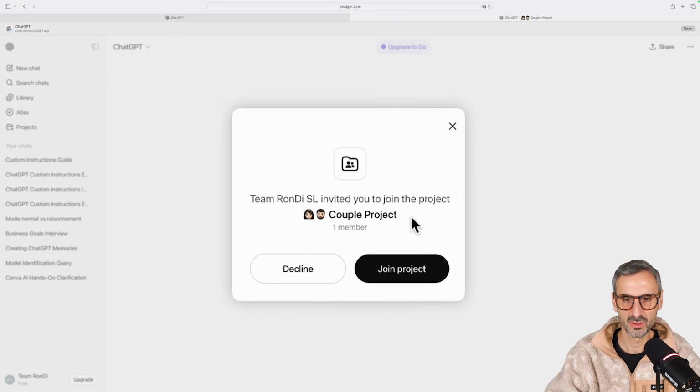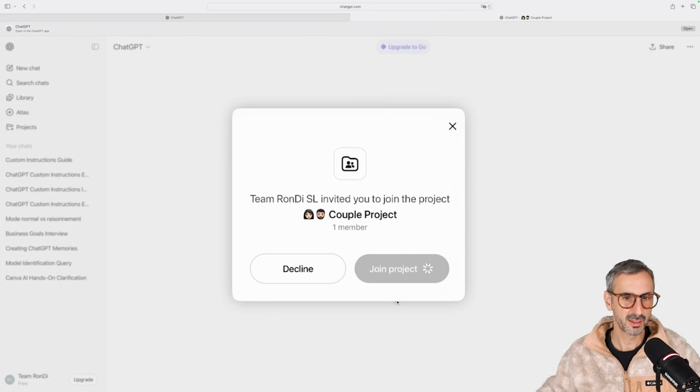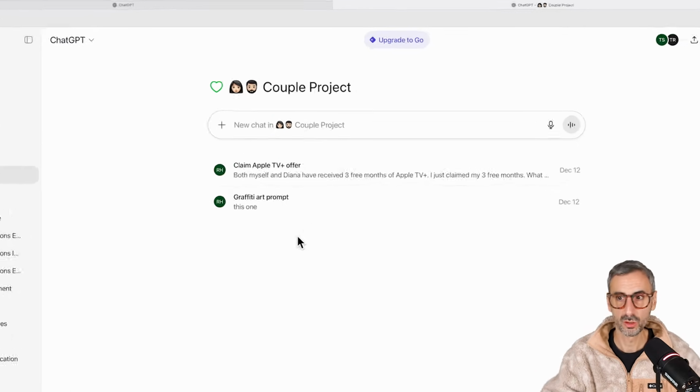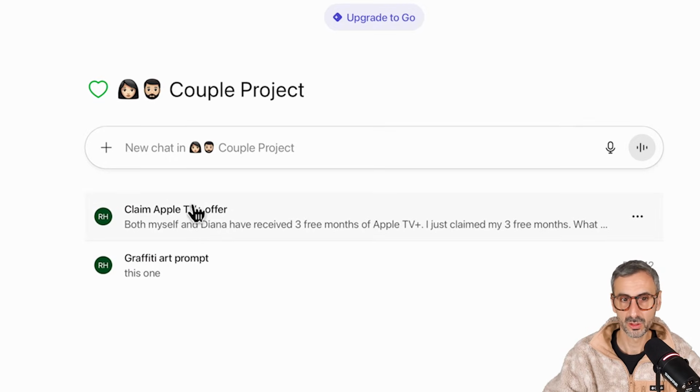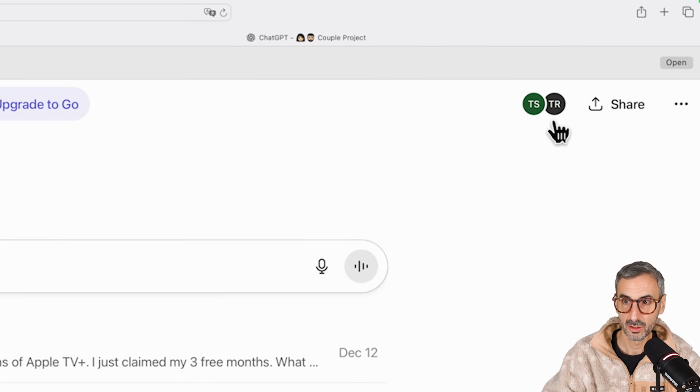Team RonDi is inviting you to the project Couples project. So if you accept to join the project, you will get direct access to the conversations that I have stored in the project. And now we can see a second user in that project, TR for Team RonDi,